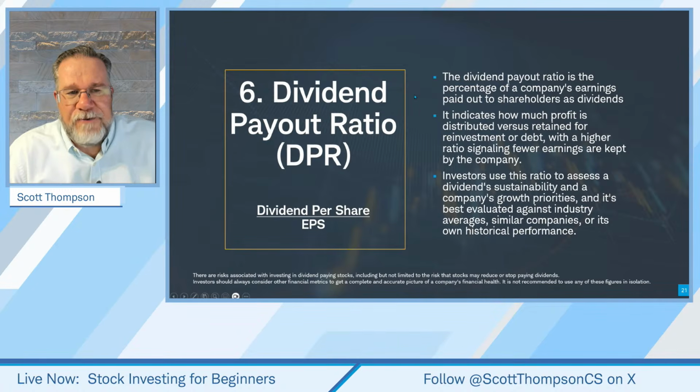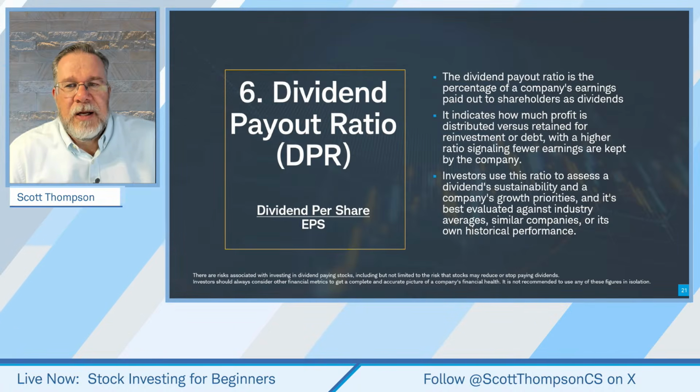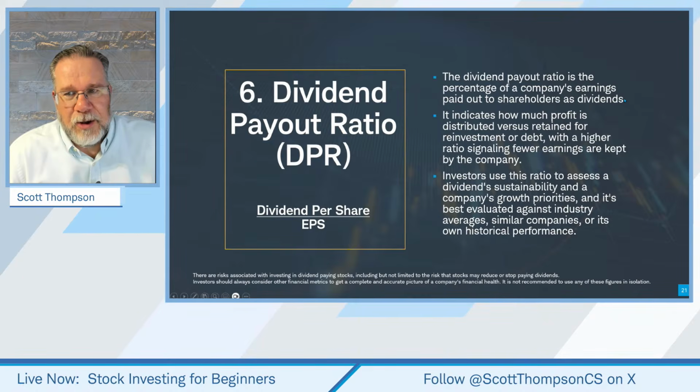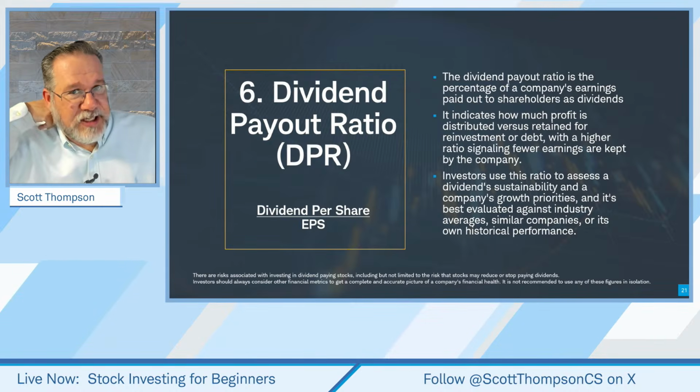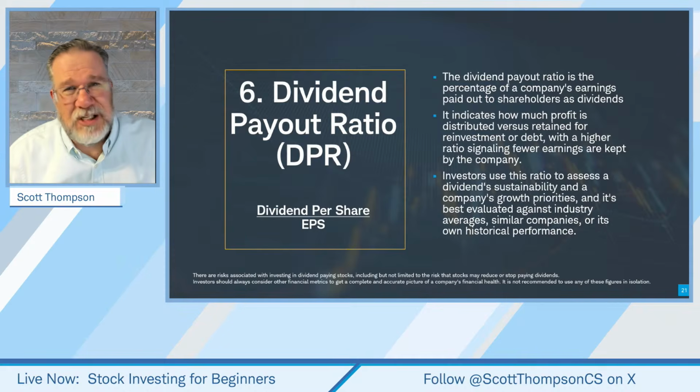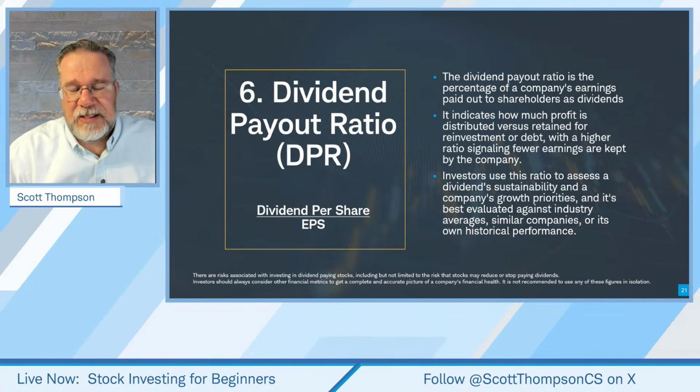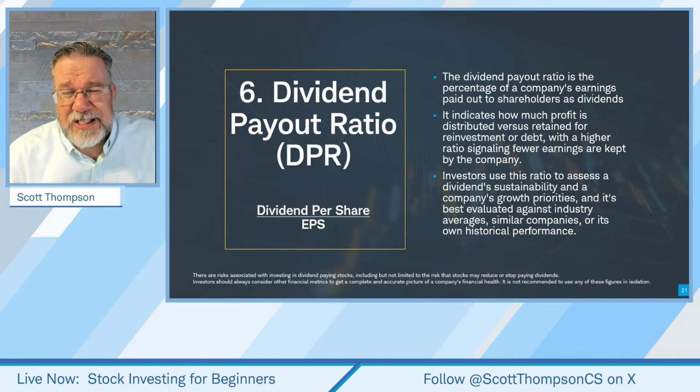If you're trading for income, which is one of those investment styles, the dividend payout ratio should be important to you, because the dividend payout ratio is the percentage of a company's earnings paid out to shareholders as dividends. On that scan that I created, I put a maximum of 80%, which for some investors is still very, very high. I think on the scan results that we got, the highest payout ratio on that list of 28 stocks was around 69%.